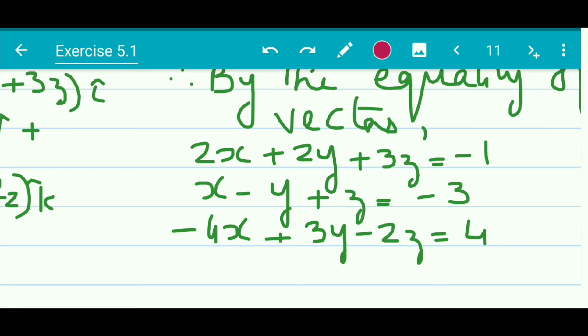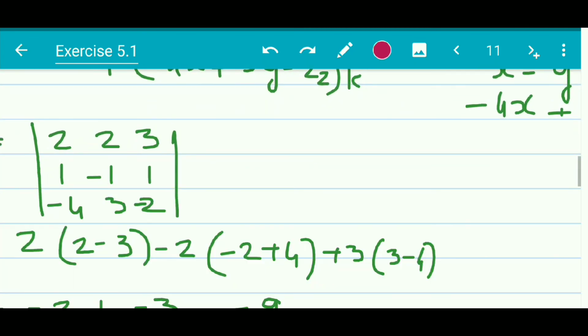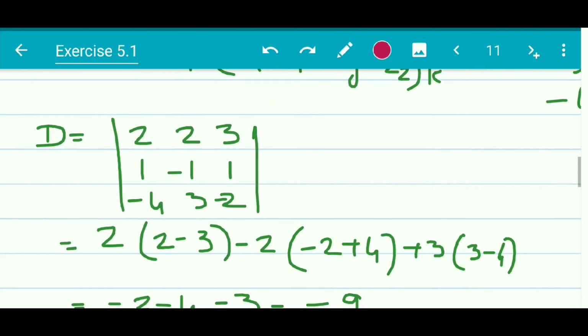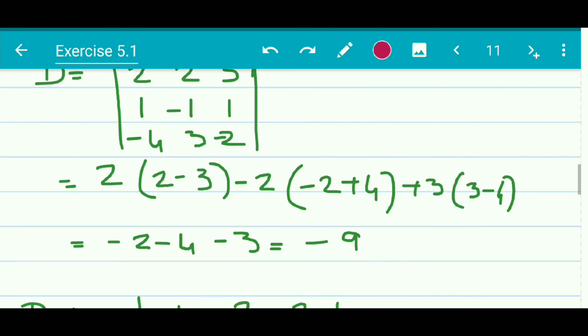Now how to solve these equations? We have to solve the equations somehow and find the value for x, y and z. The best method is to use Cramer's rule. Last year you had done Cramer's rule involving equations involving three variables. And therefore we use the same Cramer's rule, and so we find d, dx, dy and dz over here. So thus we find d, the value of d comes out this way, as you can see. Okay, I hope you remember the method for that. Then the value for dx comes out this way.